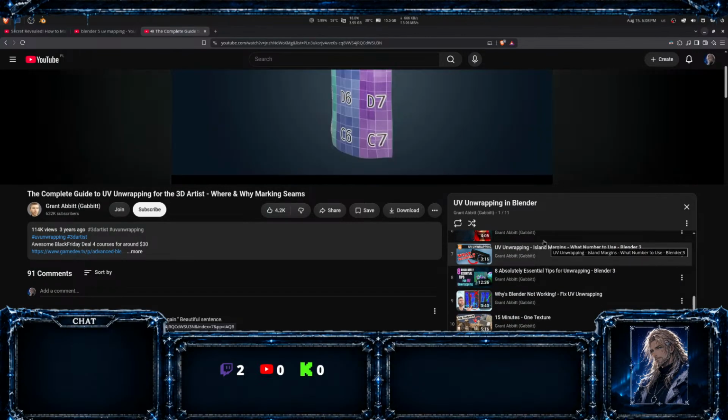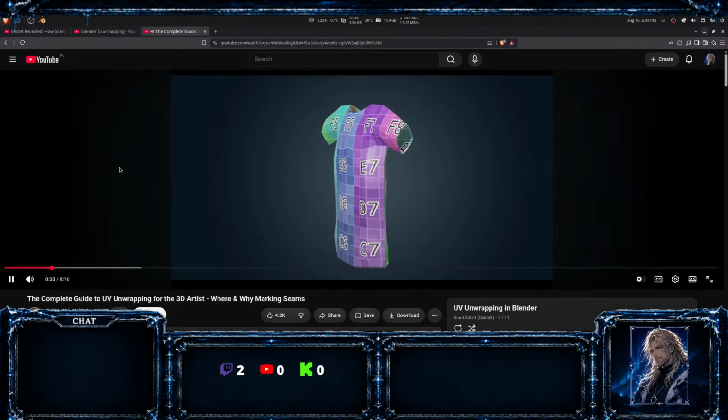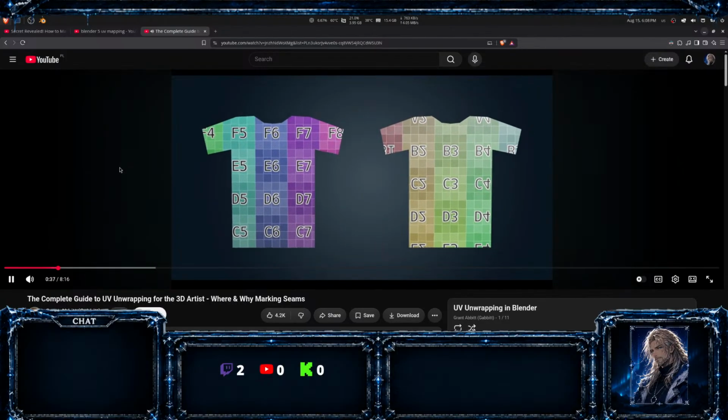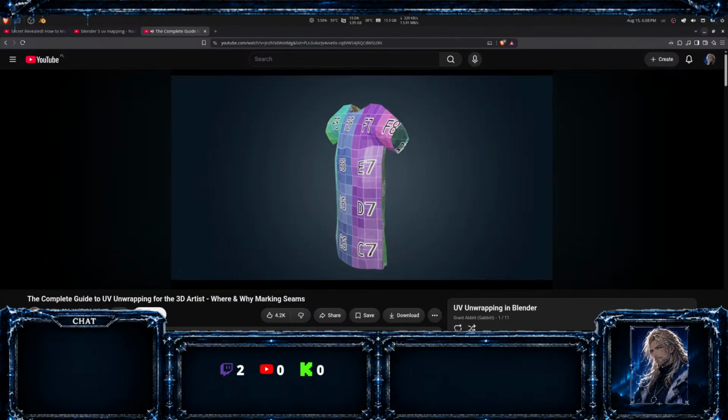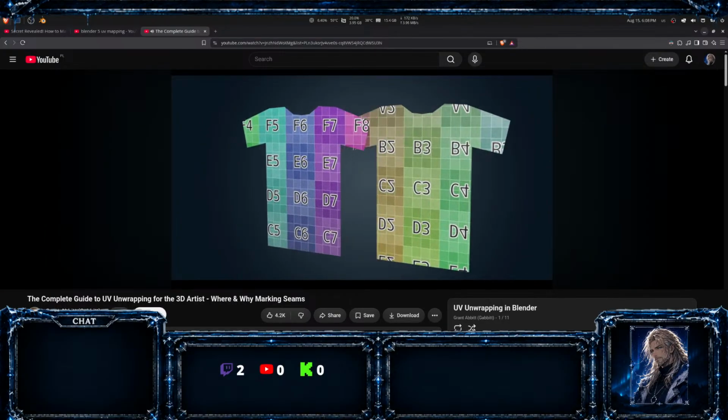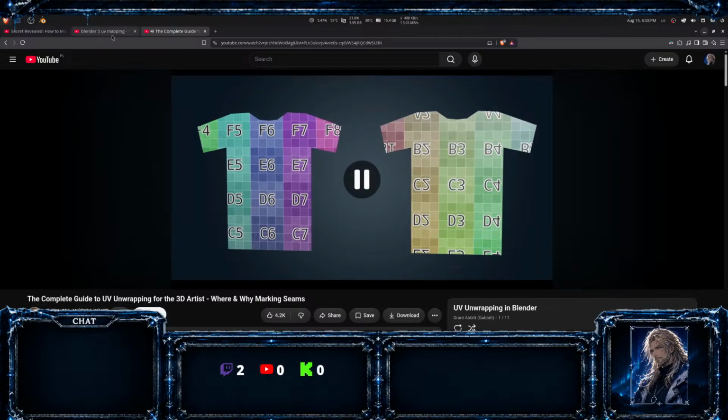So let's begin by asking what is unwrapping and what are seams. So unwrapping is taking a 3D object and turning it into a 2D map so we can place a texture onto that object. A good example would be how a piece of clothing is like a 3D object, but it's made out of one piece of fabric. The clothing is stitched together, and these stitched lines